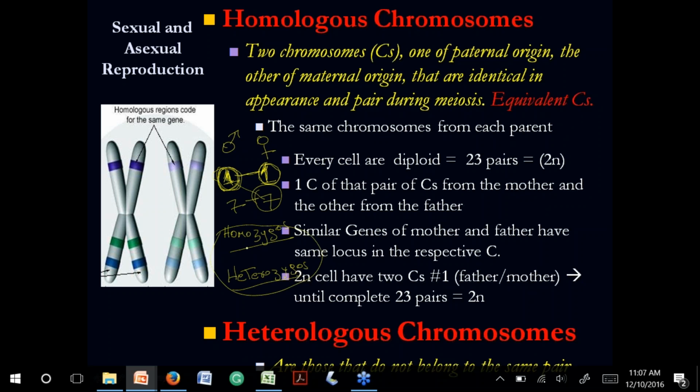Homozygous is when a homologous chromosome from father and mother have, for example, green eyes and green eyes. So these homologous chromosomes are homozygous, because they have the same characteristics. Zygous means egg, okay? And when you have heterozygous, you are comparing homologous chromosomes of, for example, eye color, but the father has green eyes and the mother has brown eyes. So that means they are going to be heterozygous.